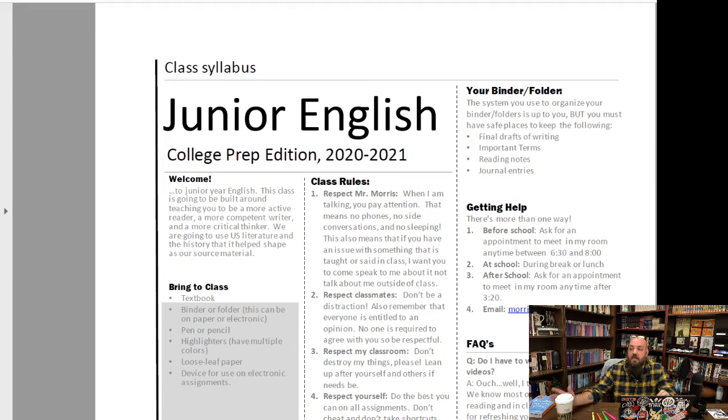Respecting my classroom. The material in here, I spend a lot of time in this room, and I work really hard and spend a ton of my own money to get this place to look the way it does. I clean a lot of it myself. I don't need you messing it up. You leaving drinks in here or leaving a mess. You decide you're going to eat something and throw wrappers on the ground. That's all stuff that bothers me. Please don't. The stuff that I brought from my home, like my posters, my books, my guitars, please, if you want to look at some of that stuff, you are welcome to, but ask me first, all right? And please be respectful of my stuff, okay?